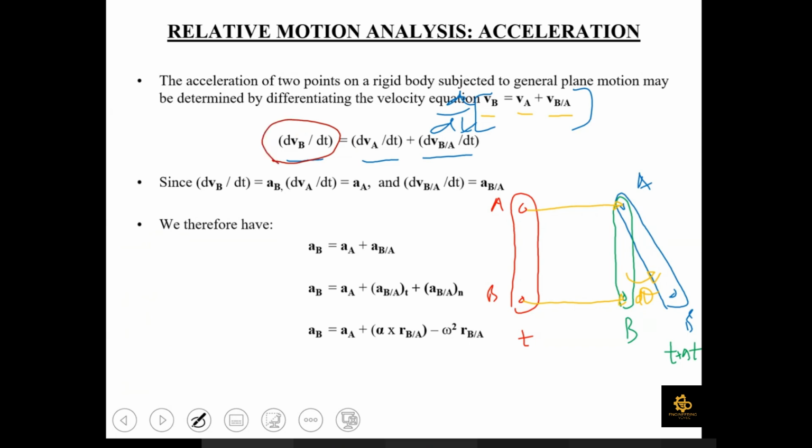Now, as far as this dV over dt term is concerned, this would be the absolute acceleration of point B. So we have replaced this dV over dt by AB. Similarly, this second term, which is dVa over dt, would become the absolute acceleration of point A. As far as this third term is concerned, this would become the relative acceleration of B with respect to A. तो ये तो सिंपल डिफरेंशिएशन आ गई। अब इसमें अगर हम इस जनरल प्लेन मोशन के हिसाब से देखें तो क्या हो रहा है कि आपके पास